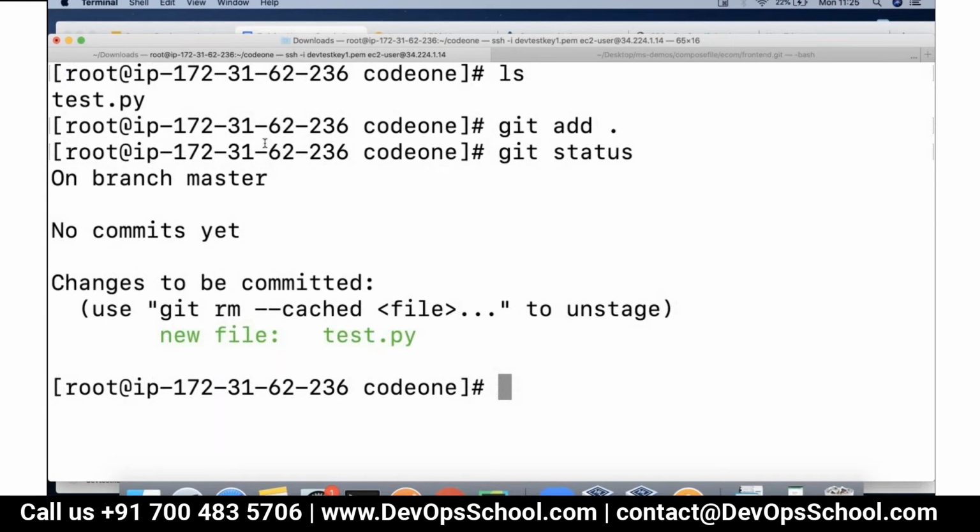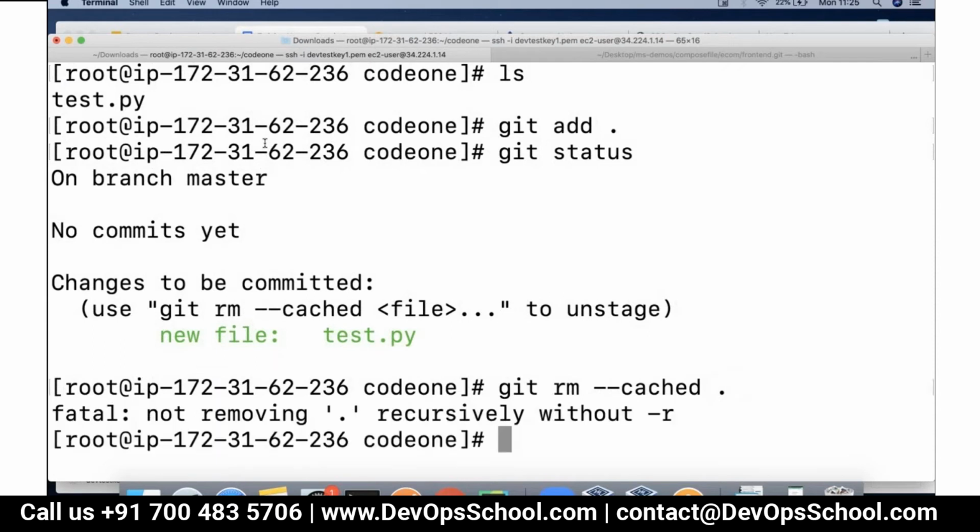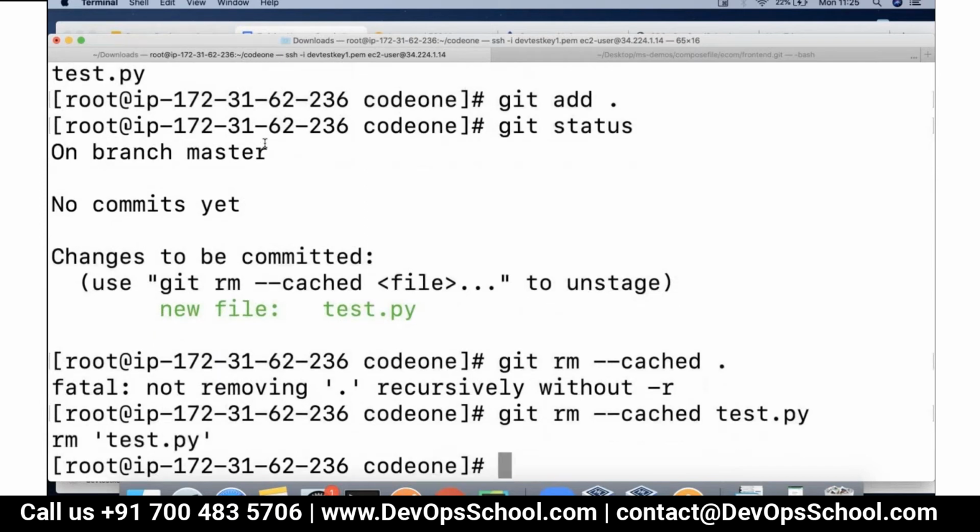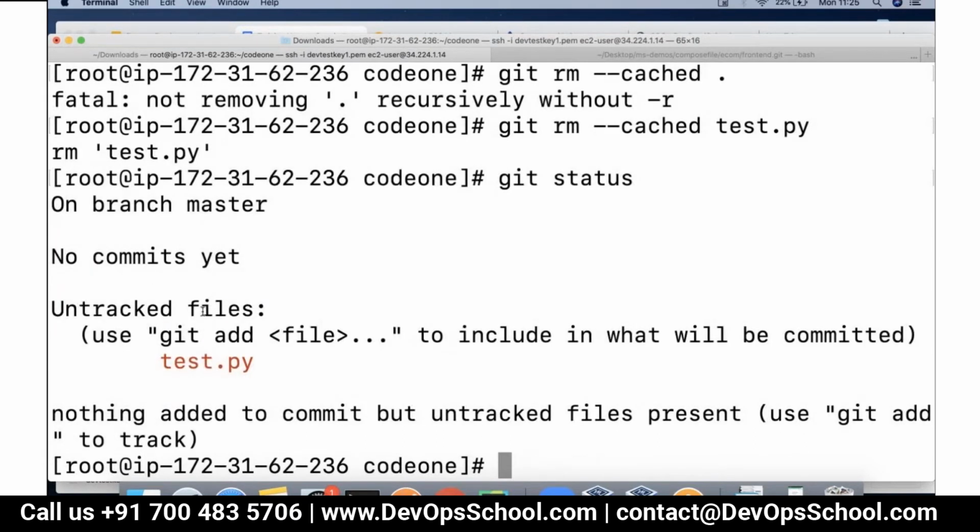You can do that with git rm --cached and the file name, or if you use dot, it will move everything back. You have to give the file name, so test.py. Once I do this and run git status, I am back to the untracked files.